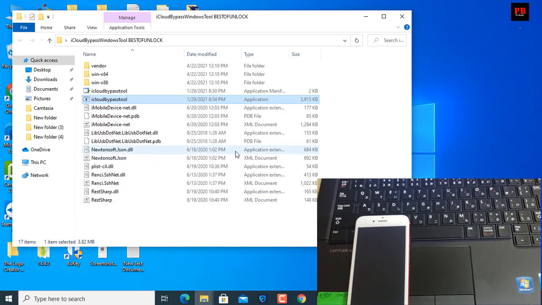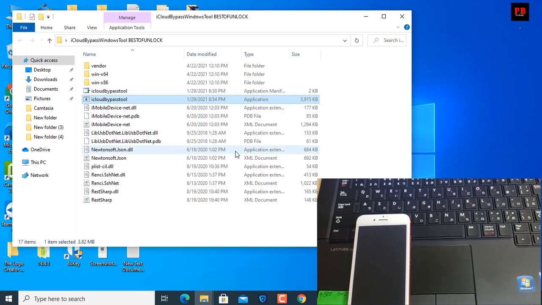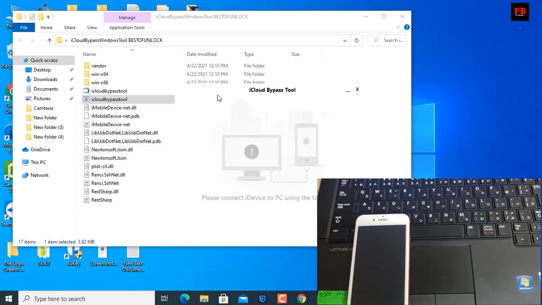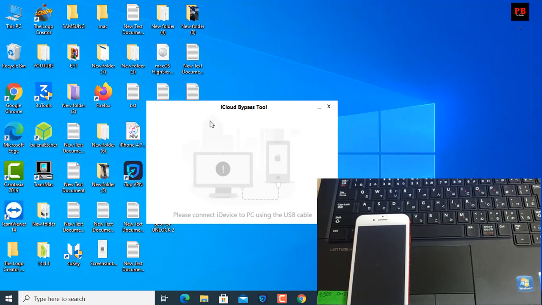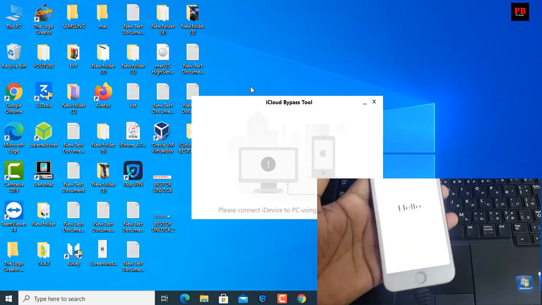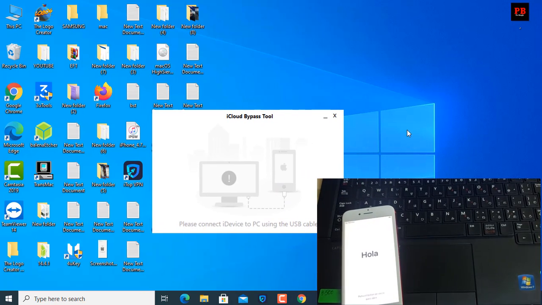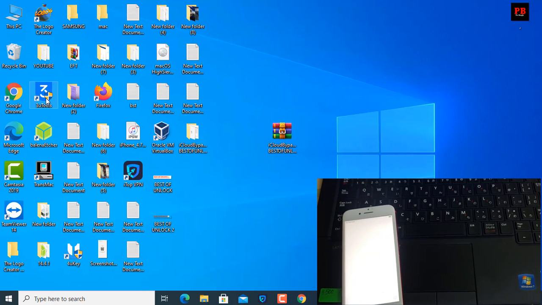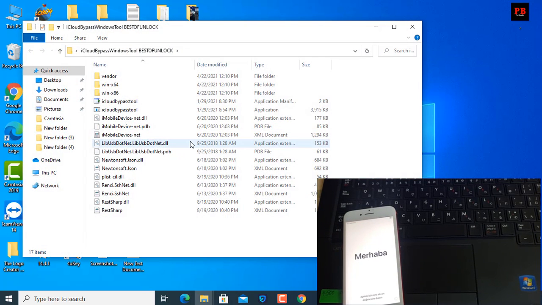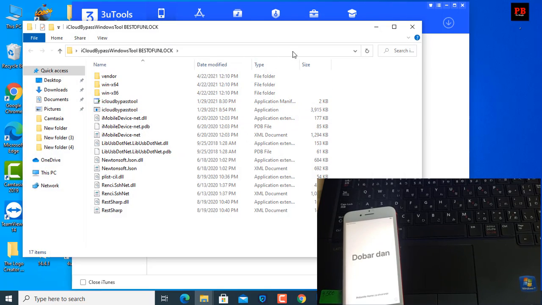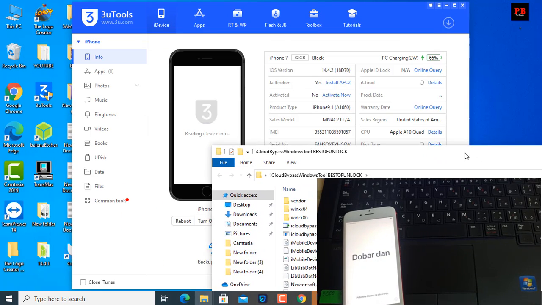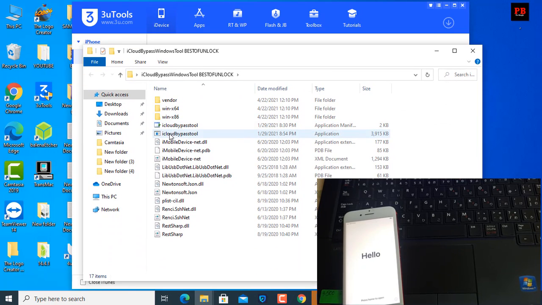Click OK. After clicking OK, if it comes up like that, as you can see, how to connect? Your device is already connected. Okay, just close this one. After closing, open 3uTools. When you open 3uTools, at the same time open this one.